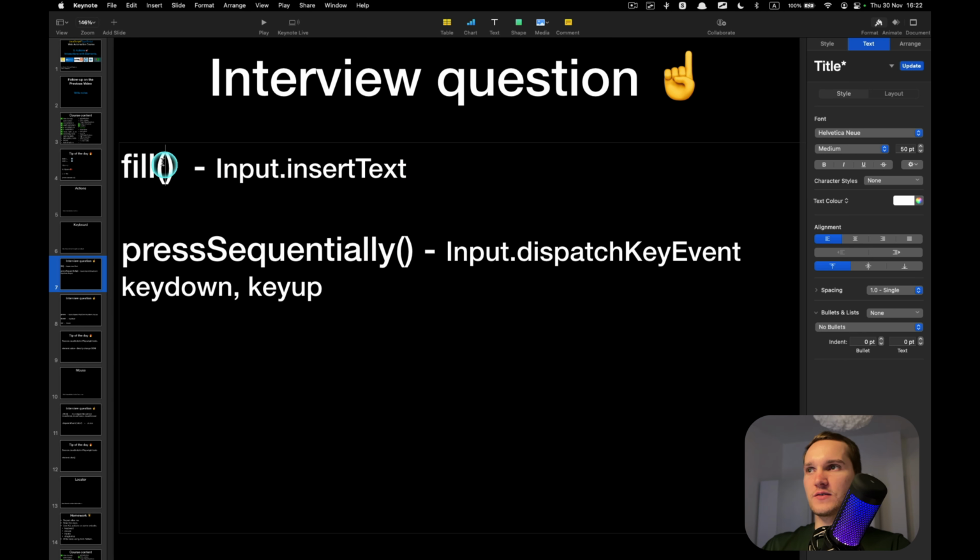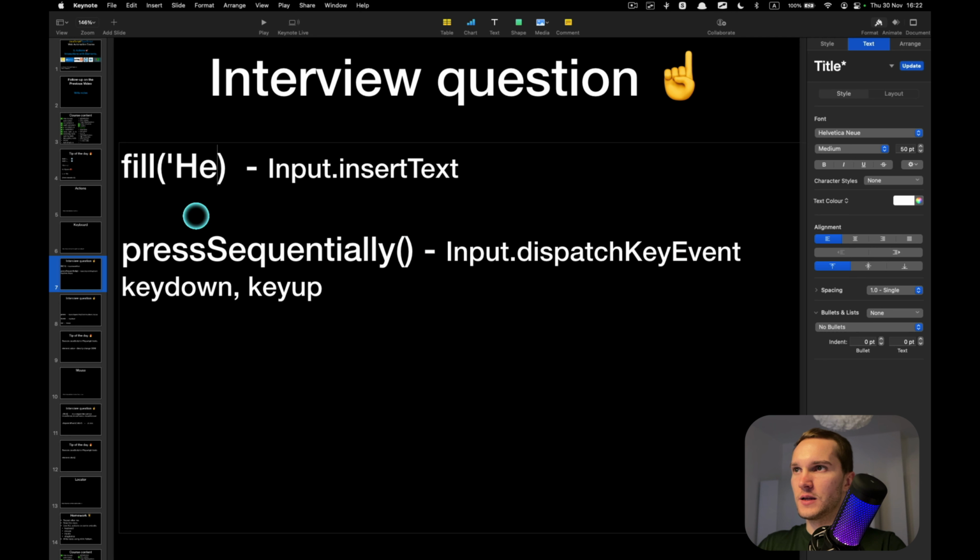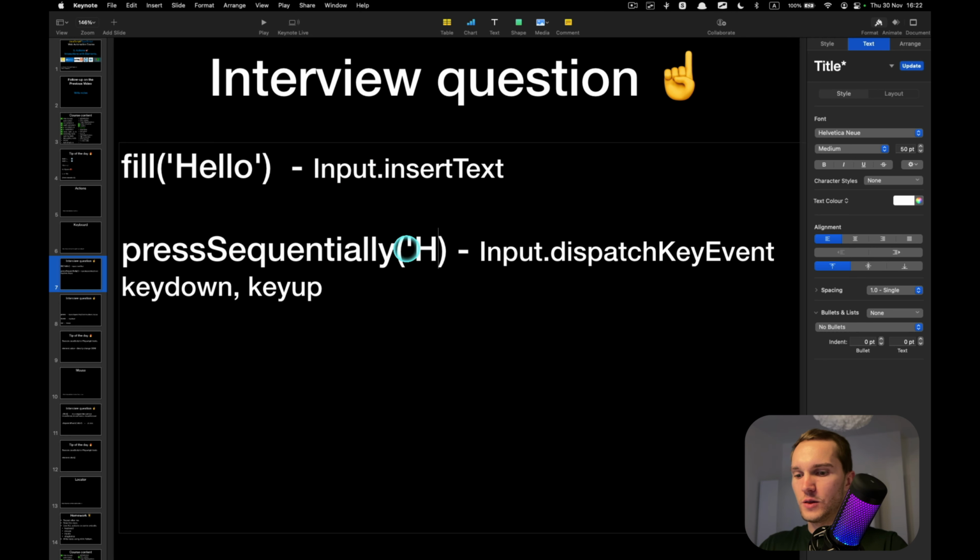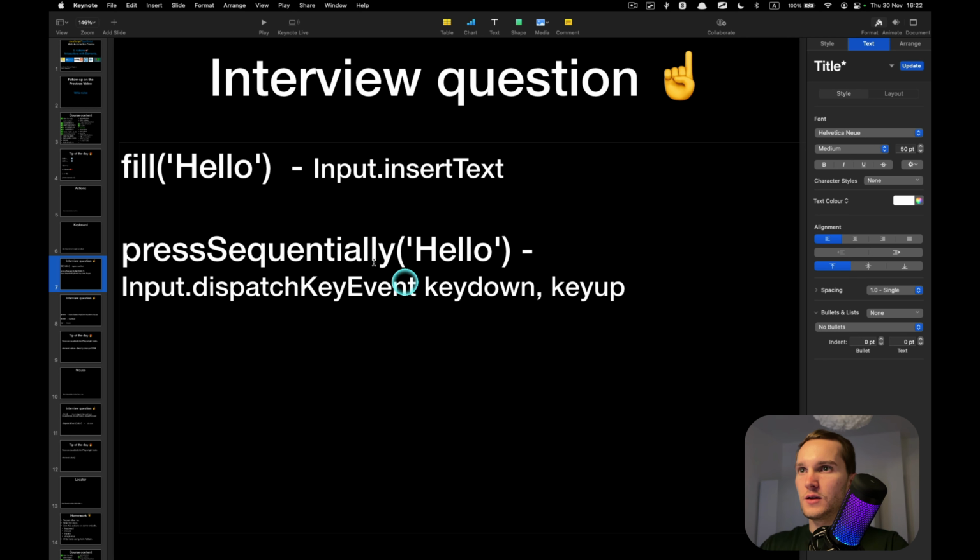So let's say we have some text here, hello, and here also hello. If we do this with the fill method, Playwright will just kind of copy this text and paste it into the input. Just imagine it this way.